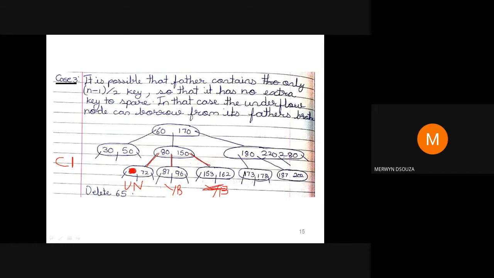Basically we are not going to take this node into consideration. We are going to take into consideration the most immediate younger or older brother. So this node you cannot look at. Okay, we are deleting 65. Can you apply case 1 here? Look at the logic. It's obvious we are doing case 3, so we cannot apply case 1. But look at the logic of why we cannot apply case 1 here.